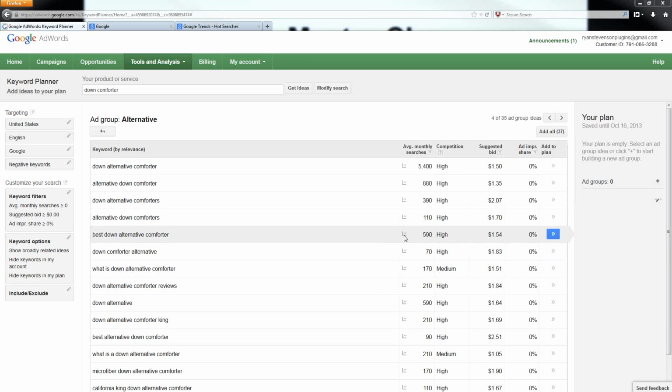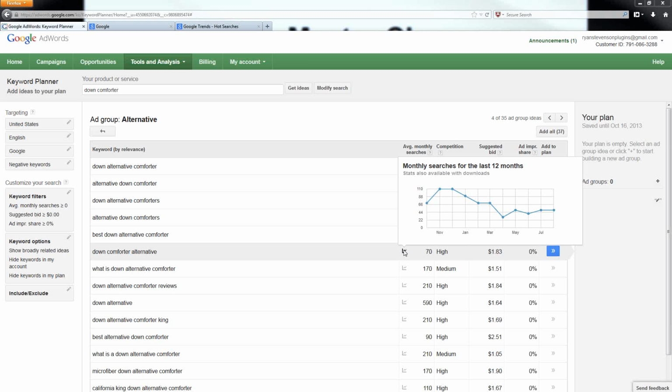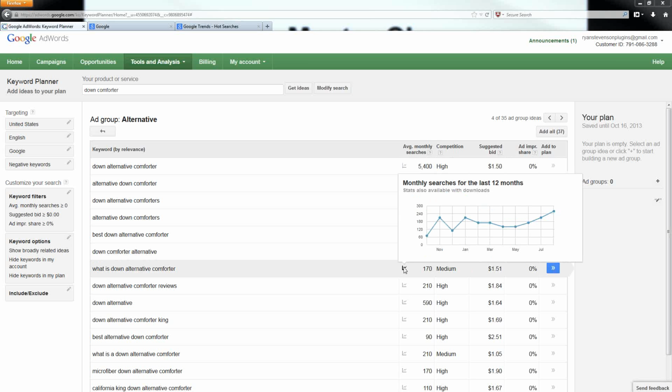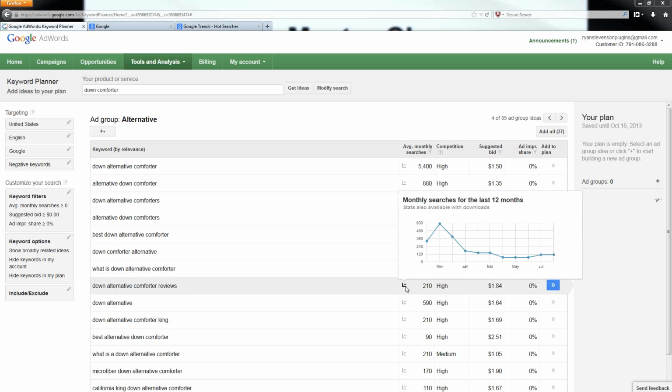So one of the things that I want to point out here, this icon that shows up next to the keyword phrase, this icon is the search trends graph. This was something that was previously available in the keyword tool, but the actual data was much harder to retrieve. You actually had to download a spreadsheet file to be able to get the monthly traffic off of it. So in that regard, I absolutely love the keyword planner and the fact that they're providing this information right up